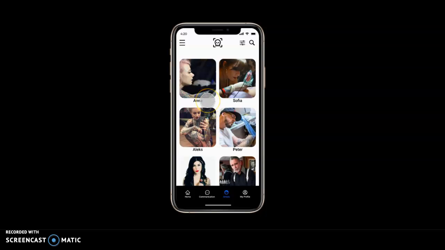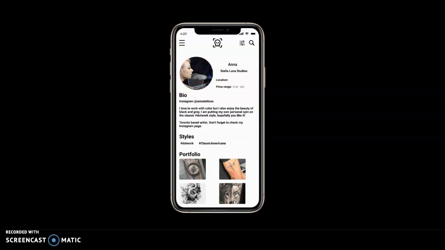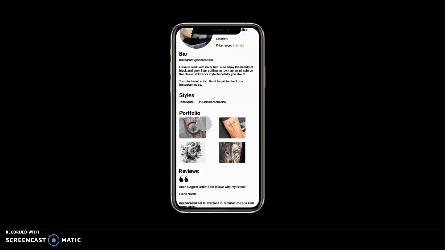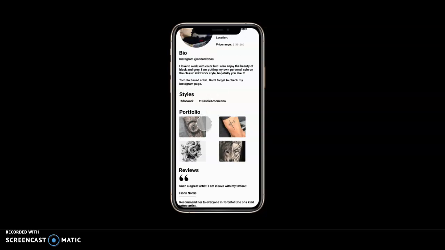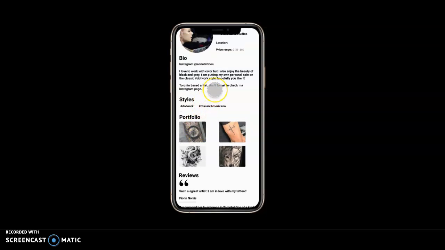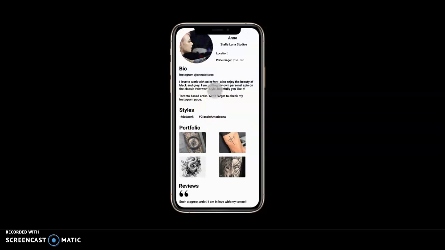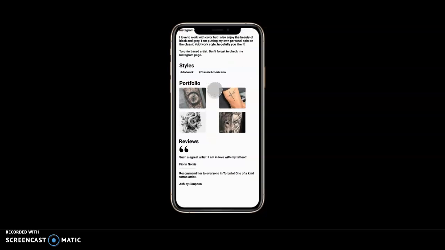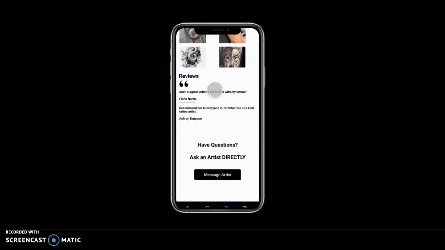Okay, so since the search is more specific now, I'm choosing Anna, the first one, and I can thoroughly look through her profile page. It offers me her bio, her styles, the reviews, and you can look at her portfolio as well. So I feel like I'm really interested in her, and I do want to get in contact with her. So here at the very bottom,